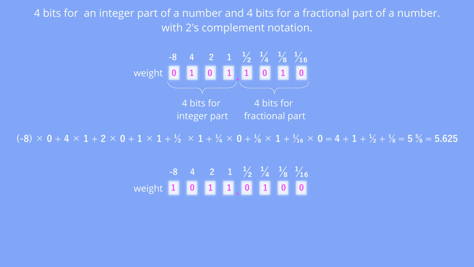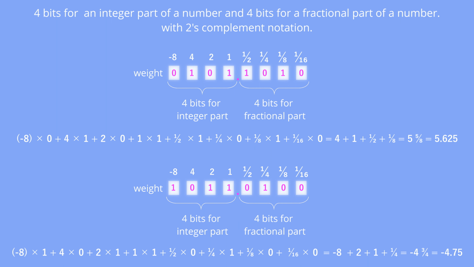10110100. This is a negative number because its MSB equals 1. Let's convert it to decimal. -8 times 1 plus 4 times 0 plus 2 times 1 plus 1 times 1 plus 1 over 2 times 0 plus 1 over 4 times 1 plus 1 over 8 times 0 plus 1 over 16 times 0 equals -4 and 3/4,